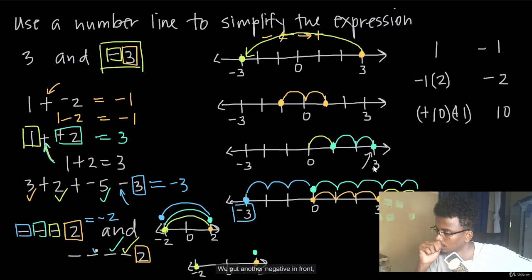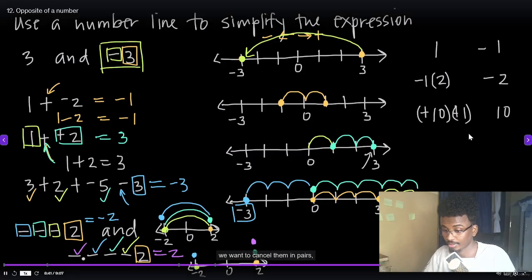We put another negative in front, that means take the opposite again, and you end up back over here at negative 2. And then we put another negative in front, and that means take the opposite again, and you end up back here at positive 2, so this is equal to positive 2. And what we can see then is that if we have an even number of negative signs, so in this case we have 4 negative signs, we want to cancel them in pairs, so 2 negative